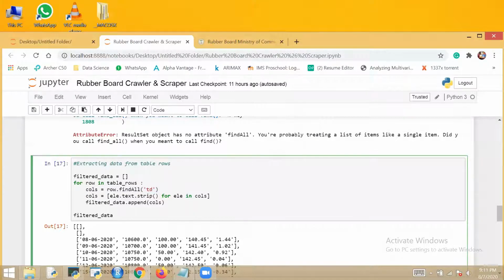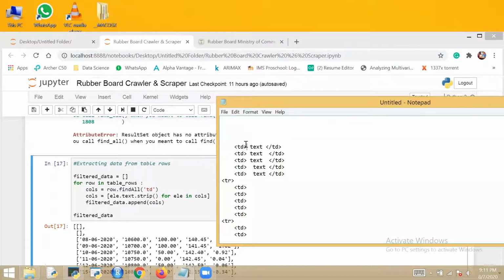Now again we will run a for loop on this. Now we are left with this much data, and this text I want to extract from between these two table data, this table data field.